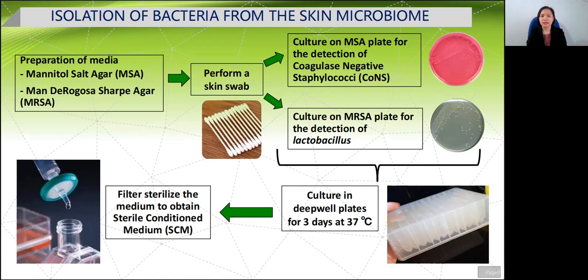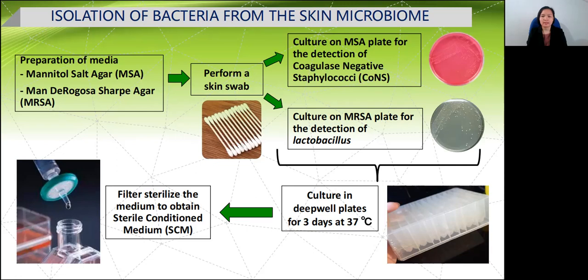Moving on to the first part, I started off with first preparing the media, MSA and MRSA. I performed a skin swab in 4 sites of the skin, which is the forehead, the skin behind the ear, the moist area, which is the inner part of the elbow, and behind the knee. After that, I directly streaked them on MSA plate for the detection of coagulase-negative staphylococci and on MRSA plate for the detection of lactobacillus. I do perform replicate of this to ensure that I